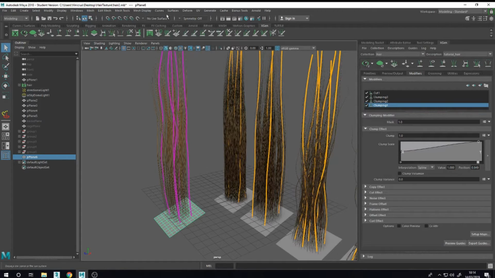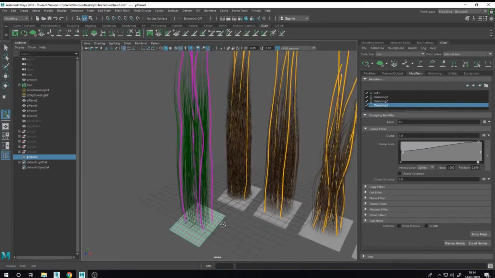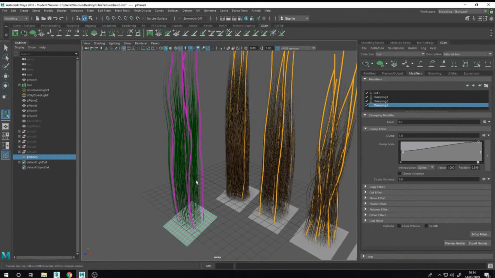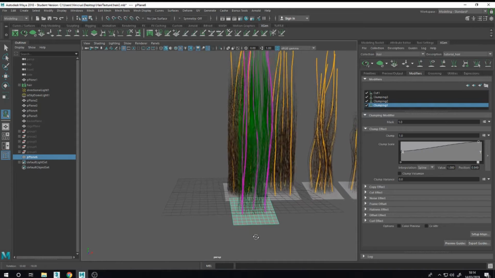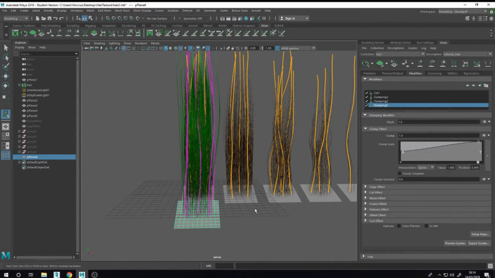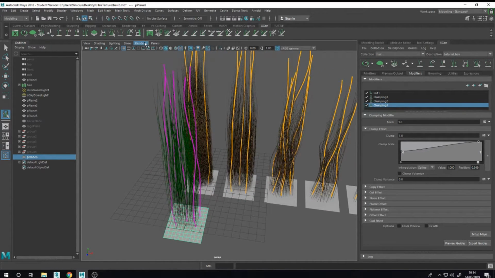So here you can select primitives, select all these ones, and this is important. You have to go to the orthographic front.